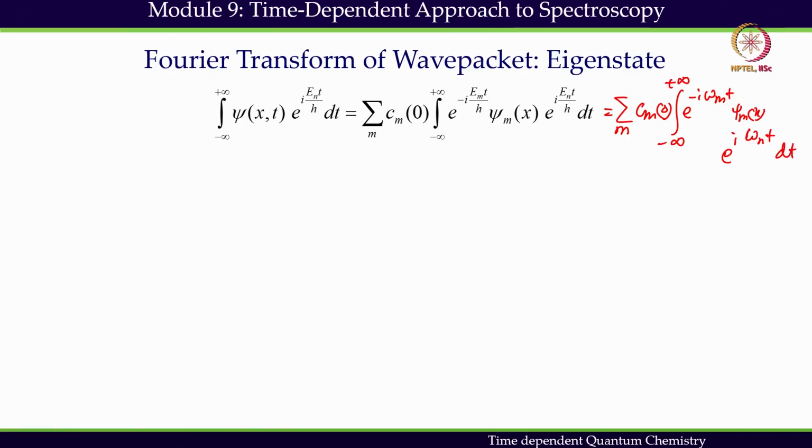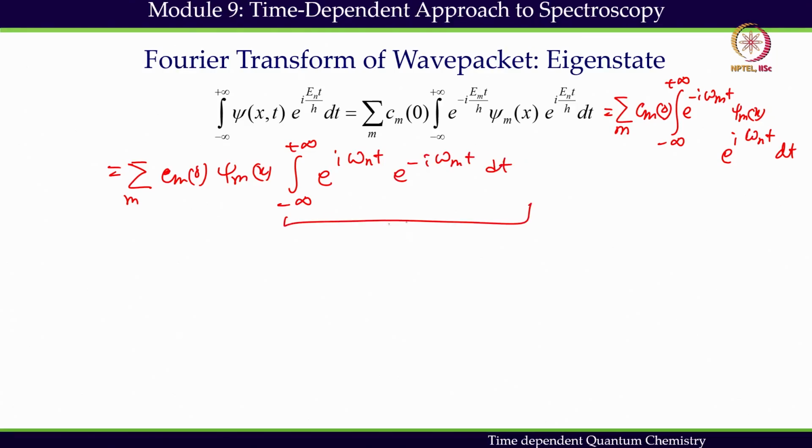If we look at this integration, this is quite similar to writing summation of Cm0, then psi m x, then this integration from minus infinity to plus infinity e to the power i omega n t e to the power minus i omega m t dt, and we have seen that this form gives me